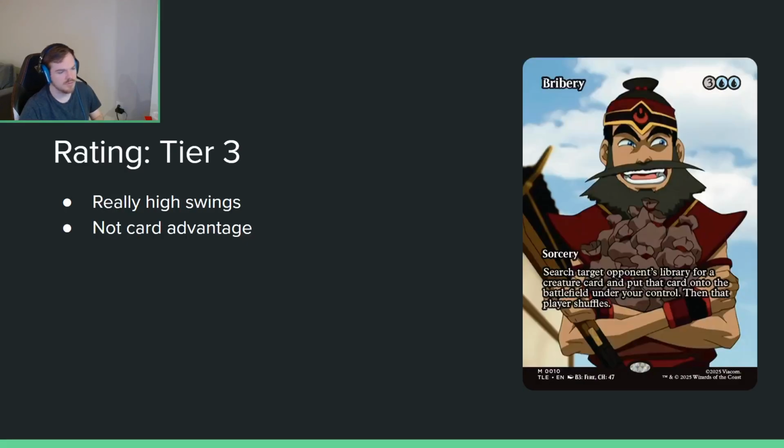Bribery. 3 blue for a sorcery. Search target opponent's library for a creature card and put that card on the battlefield under your control. Then that player shuffles. So Bribery is kind of weird. It's probably going to be a little overrated. Usually the best case scenario is you're getting a 6-drop for 5 mana. Your average case scenario is you're getting a 5-drop for 5 mana or a 4-drop for 5 mana, which is